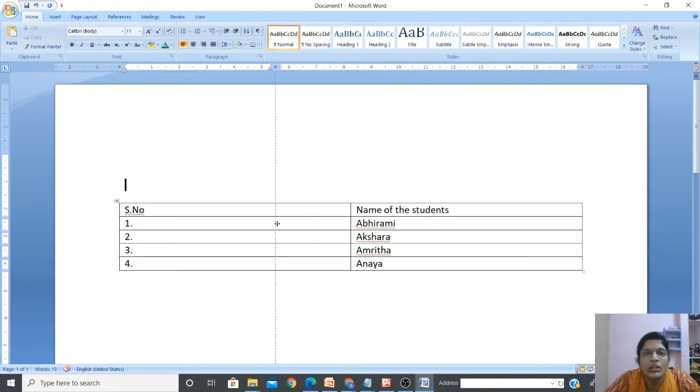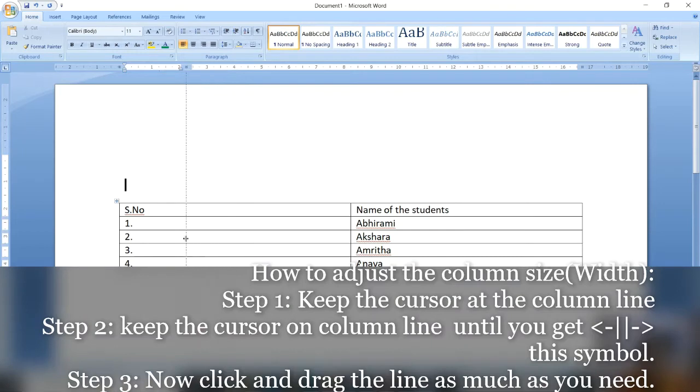Do you see one dotted line moving? You move it as much distance as you need. Now do you see the serial number extra spaces, we just removed by clicking and dragging. Then here also, name of the students is too big, right? So what is the procedure?